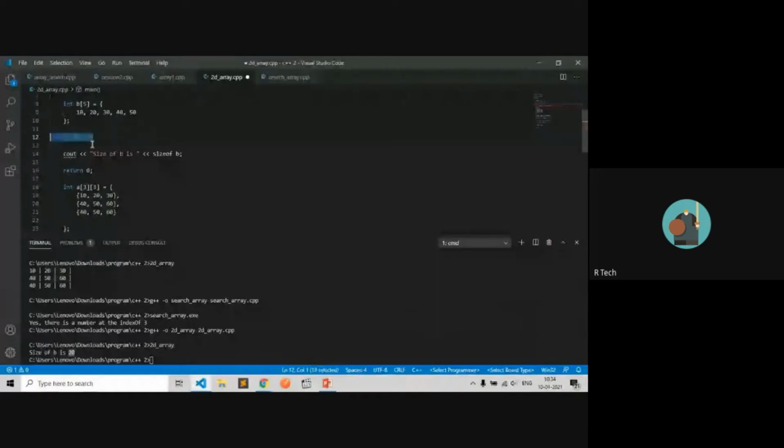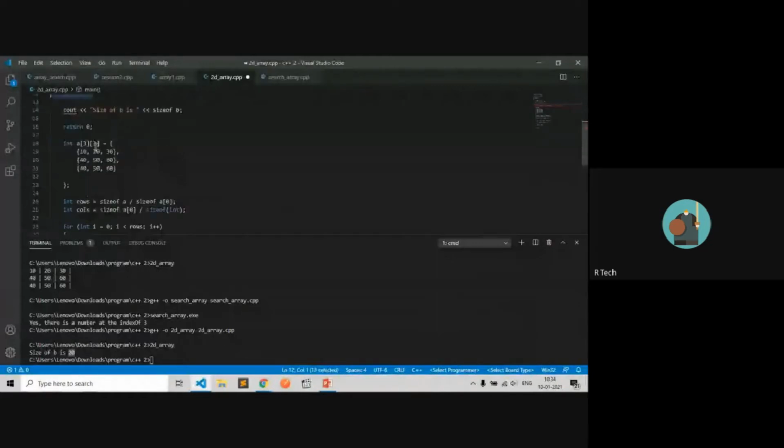Let's consider the same example for a 2D array. What will be the size here? We have 3 columns, meaning 3 integers in each row, and there are 3 rows.